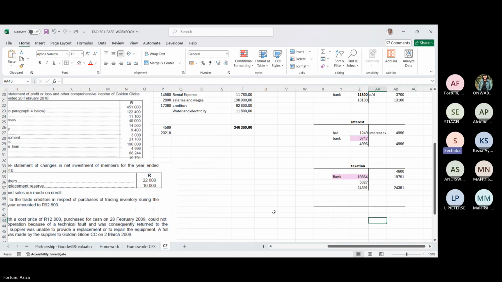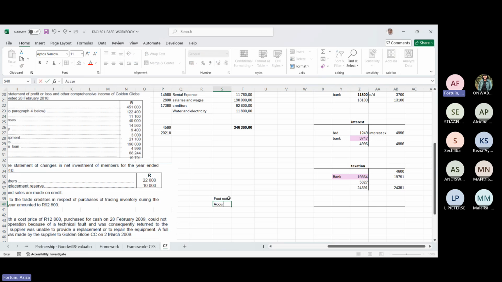Sorry, I have a question. With regards to the balances brought down and the CB, I'm seeing that the 5027 this time around is different from the water and electricity, because the other one now went to the left hand side and the other went to the right hand side. Let me just make a footnote here for you.